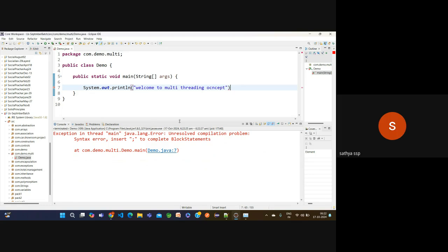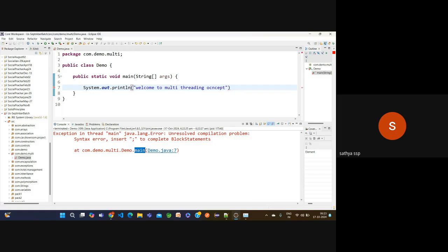Now here my question is, see here, exception in thread main, java.lang error, as well as com.demo.multi.demo main here we have. If you consider this main and this main, are both same or different?